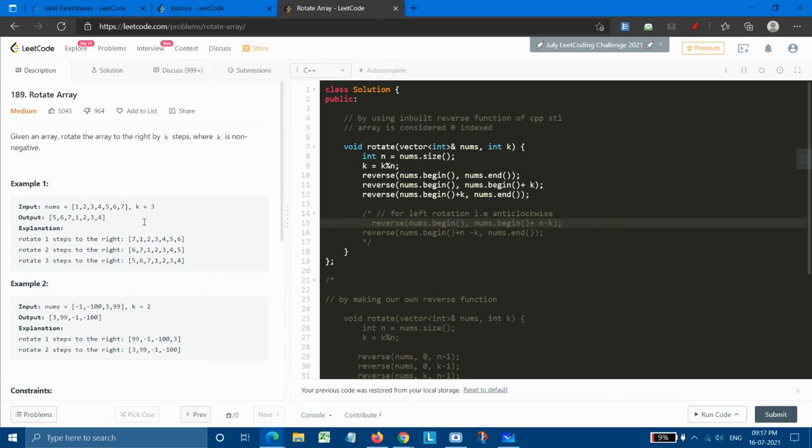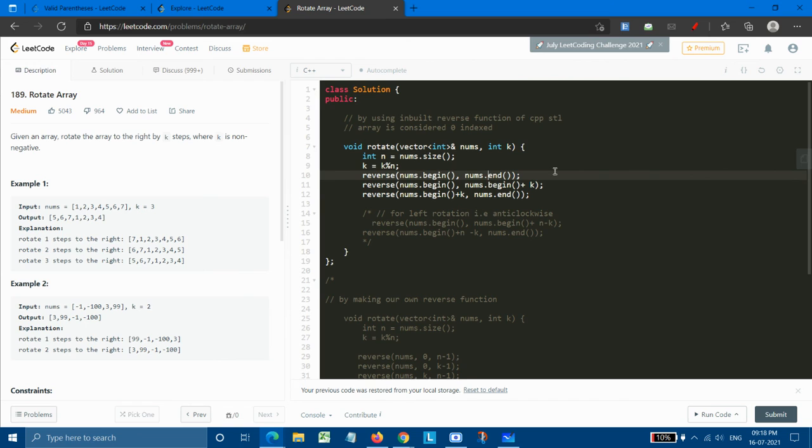So now the algorithm will be simple like this. At first, we need the size of the array, n, and then if the k is not in the range of n, then first we need to take it to the range of n. The next part, we need to write just these three steps, as it is about clockwise rotation.